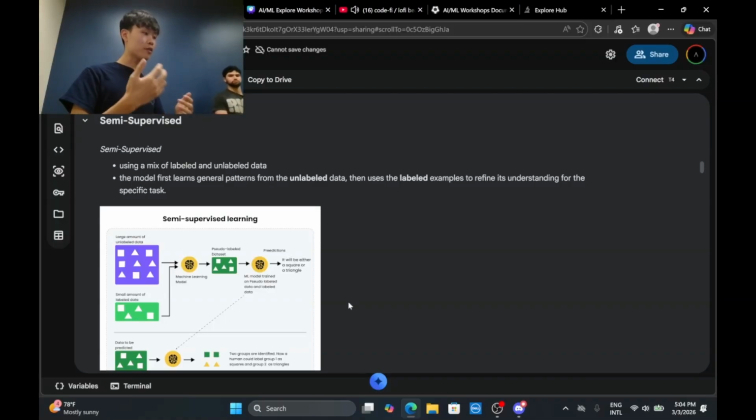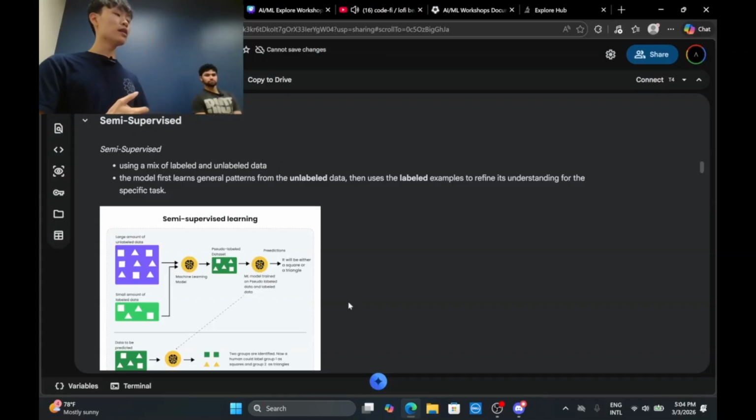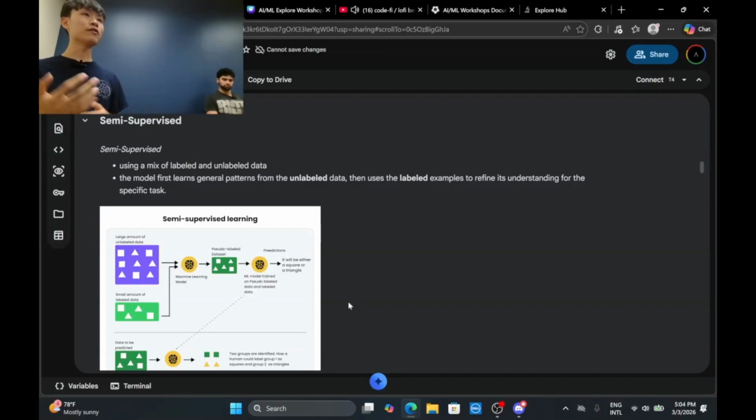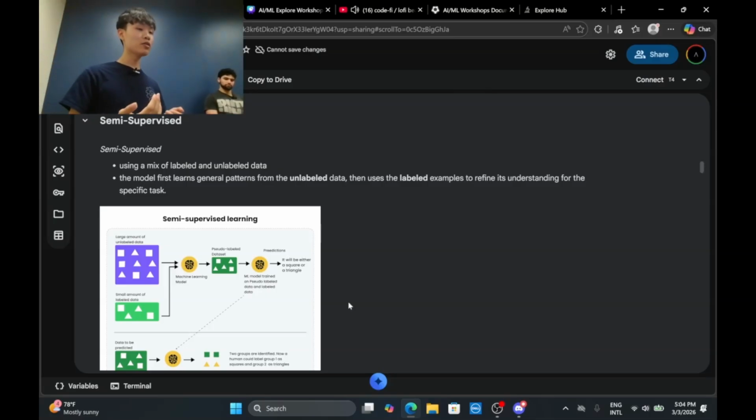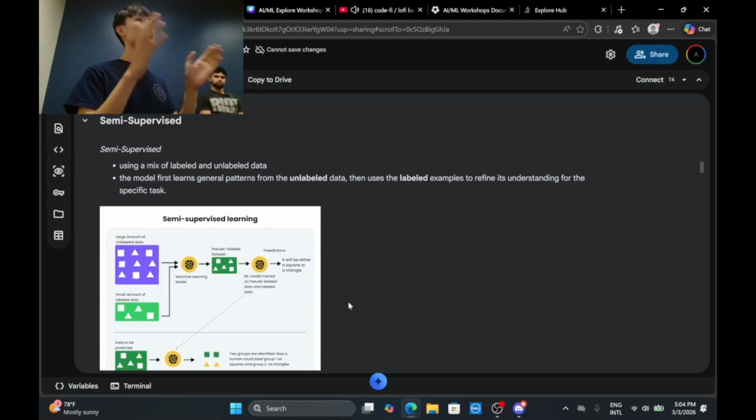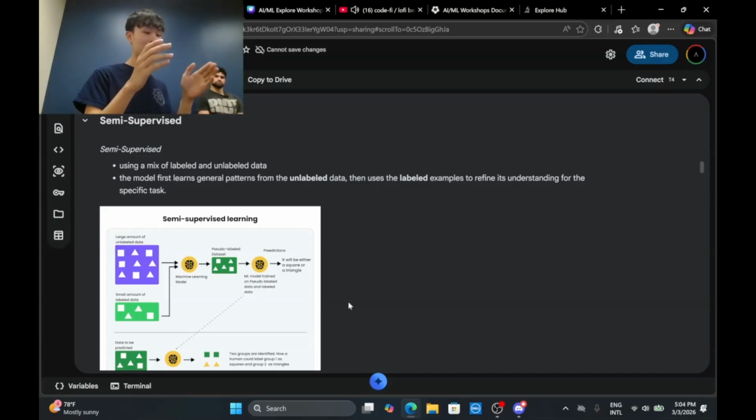So for example, at first we feed the model images of dogs and cats so that it learns all the features, like the legs, the ears, the facial structure of the dog, and how the facial structure of the cat looks. And then after that, we feed the images of dogs and cats with the labels dog and cat, so that it can finalize, it can increase the accuracy of the model without spending too much on the labeled data.